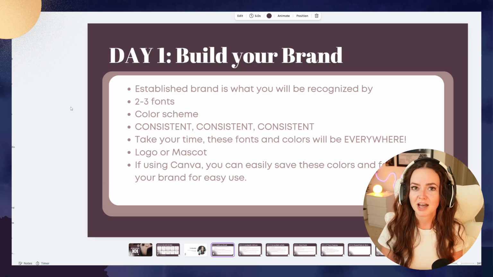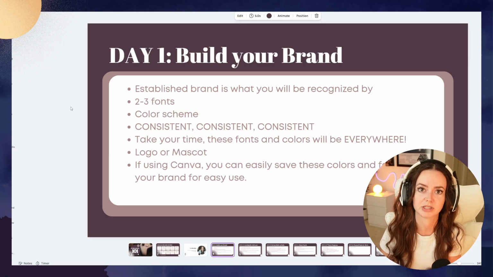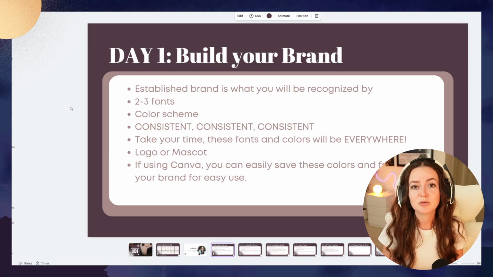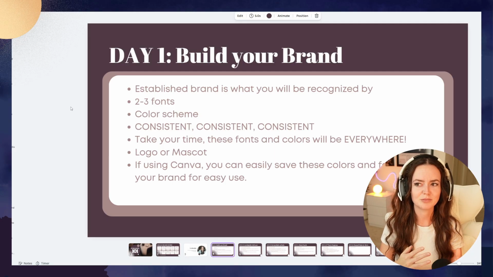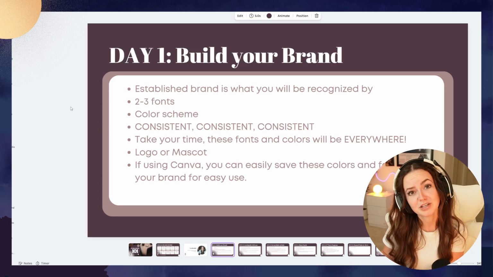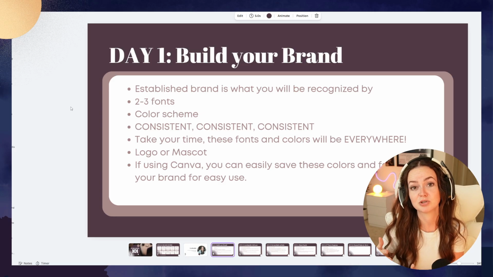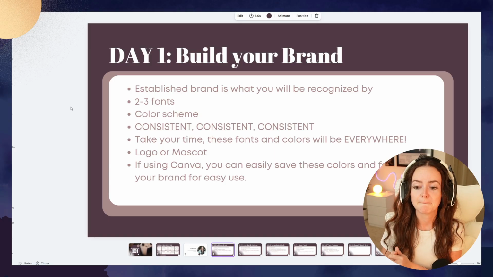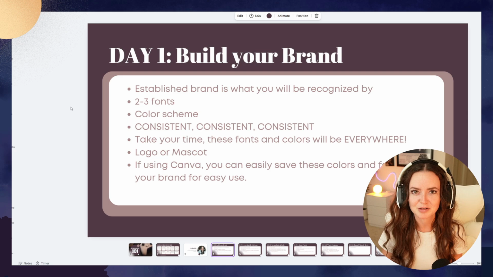But if you really take the time to nail it down initially, it's just going to save you that time and effort later on. And maybe you start streaming with one aesthetic and you realize that you're gradually moving towards a different aesthetic. Maybe that would be a good time to rebrand and to take the time to redo all of those things. But I think that this is something that can easily be missed or skipped when it comes to